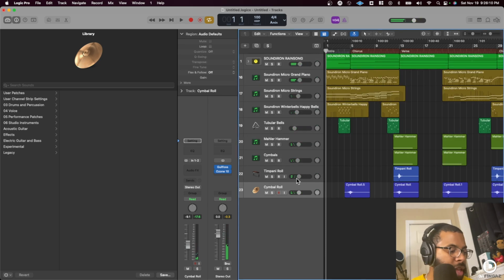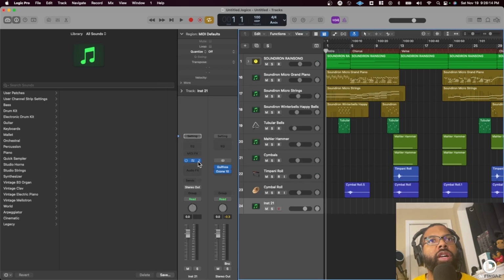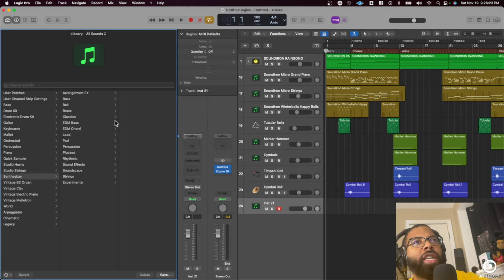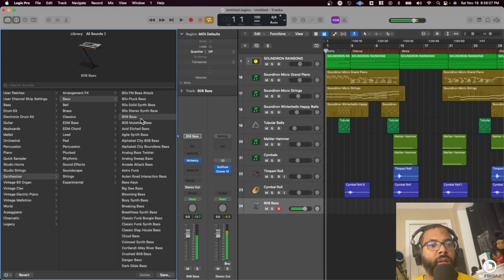That's just one thing. I keep saying one thing, one more thing. One thing that is missing actually though is, I would like to have some sort of low end in there, some sort of bass. So we're gonna go through just our presets here in Logic, and we're gonna go to synth, bass, and see what we have. And I will have to turn that on. I want some sort of,